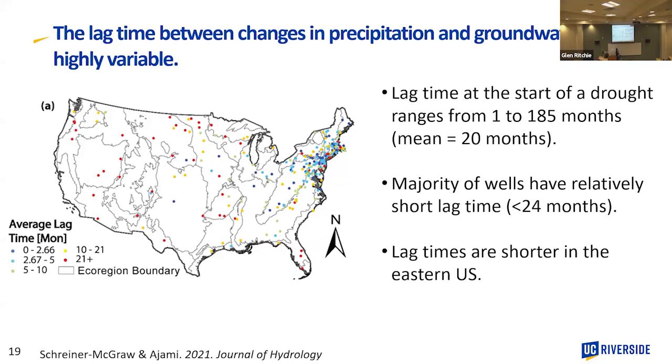As you would expect, in the eastern part of the US, where we have higher precipitation, this lag time between the beginning of precipitation drought and groundwater drought is shorter. However, as we move towards drier conditions, this lag time becomes longer, and could sometimes vary up to 15 years. So these lag times, therefore, have important implications for water resources management, because you may have the precipitation drought ended. That's what happened in California. They removed all the water conservation measures, not recognizing that our groundwater systems haven't recovered yet.